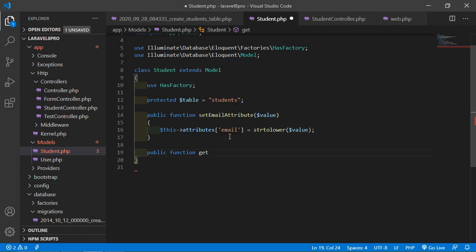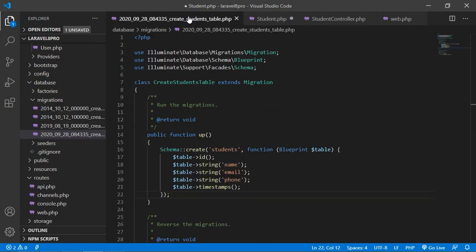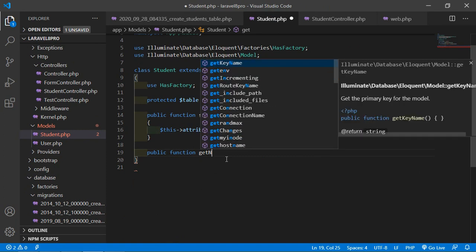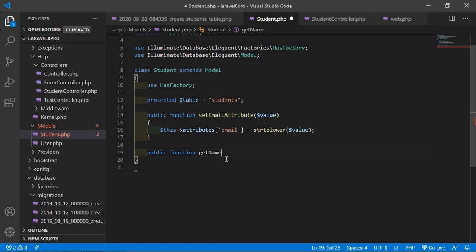So I am just going to use here the column name, name. The first character must be in capital letter. So just write here in capital, then this get name, and after this just write here attribute.